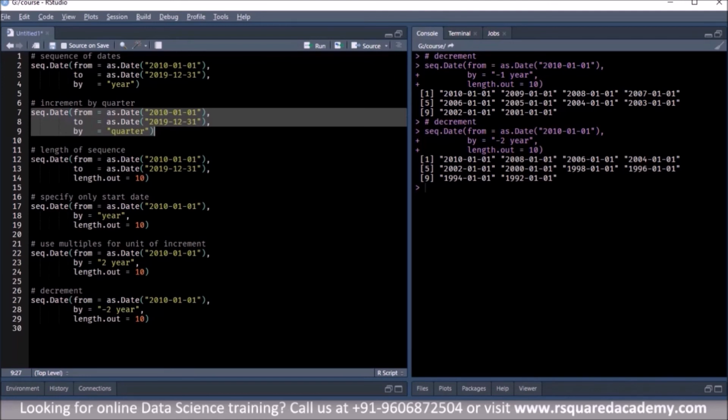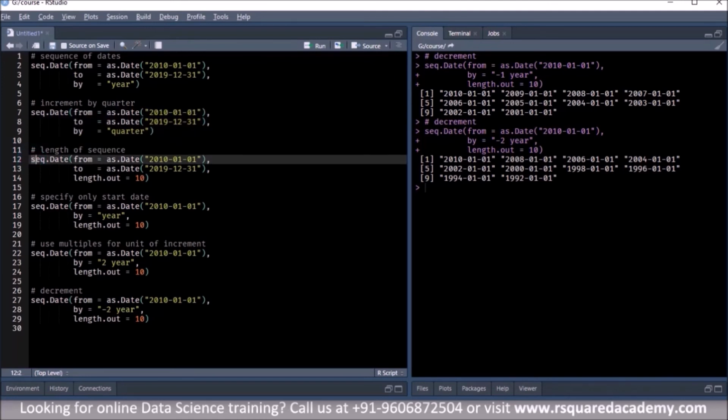Then, instead of using the unit of increment, we started specifying the length of the sequence, right? Again, we specified the start date and the end date of the sequence, but instead of specifying the unit of increment, we specified the length of the sequence.